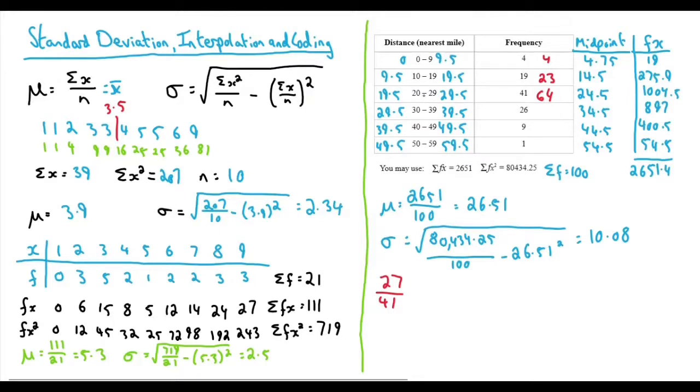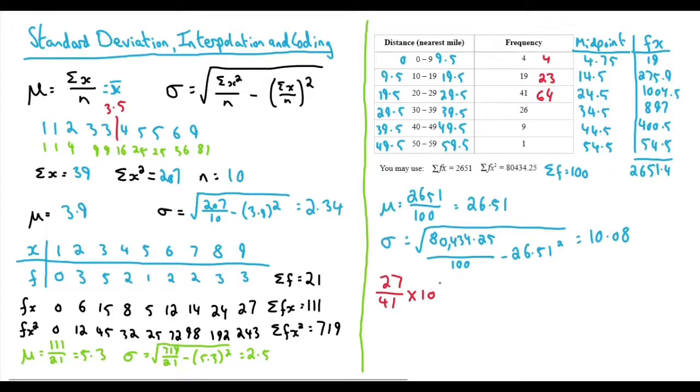Compare this then to the class width. The class width here, the difference between the lower bound and the upper bound that we've adjusted, is 10. So, assuming that the data is evenly spread, if we're going 27 41sts into the frequency, we're going to go that same fraction into the class width. So the fraction times class width, in this case that's 10. This would then give you, obviously,